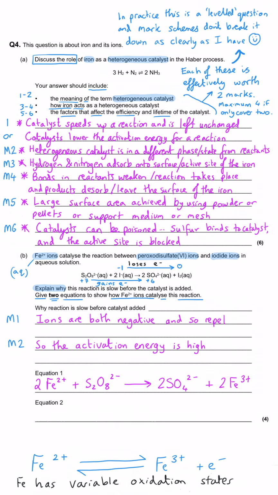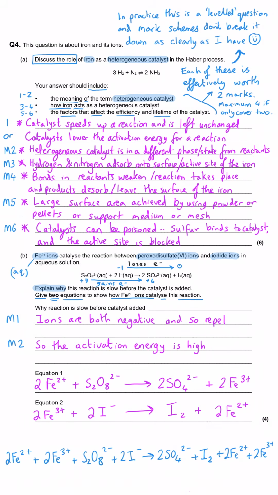And then those 2 Fe3+ ions both need to gain an electron back, and they gain each of them 1 from each of the iodide ions in the original equation, and so then they return to being Fe2+ and I2. And what you can see is if you were to add these two equations together like a simple simultaneous equation and then simplify what's present on both sides of these new sum equation at the bottom, then we get rid of the Fe from both sides of the equation for both forms of the 2+ and 3+ that we've got. And we see that that equation simplifies down to the one that we had at the beginning,